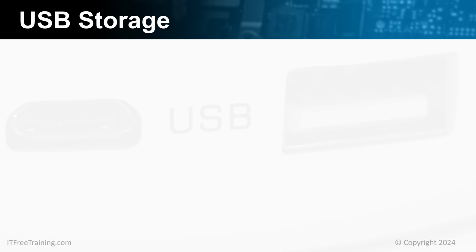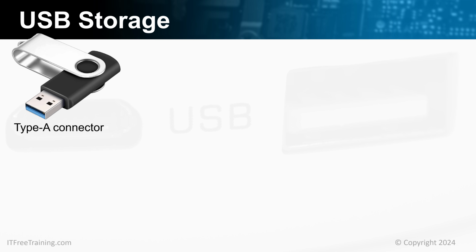USB external storage comes in many different types. In some cases, the USB will provide the interface and you will need to add your own storage. One of the common USB storage devices you will come across is a USB thumb drive with a USB-A connector. These are small and easy to transport. The capacity of a thumb drive has increased and capacities of 1 terabyte are now available. However, for a capacity this size, it is going to cost a lot.